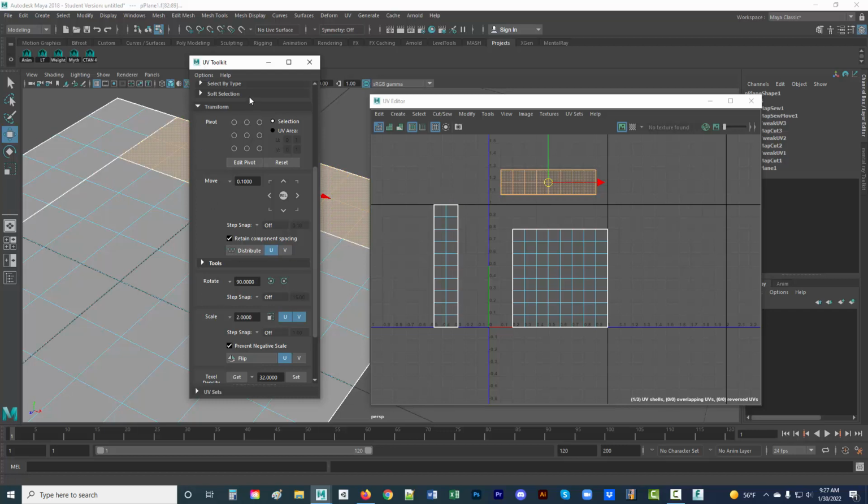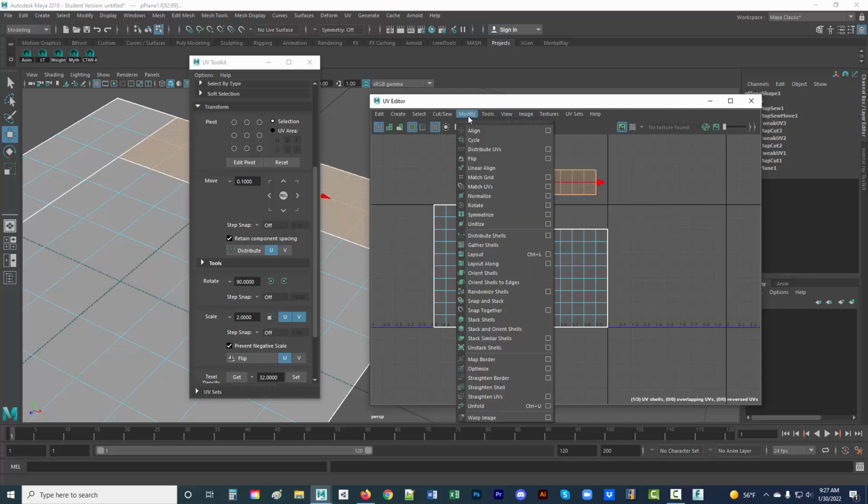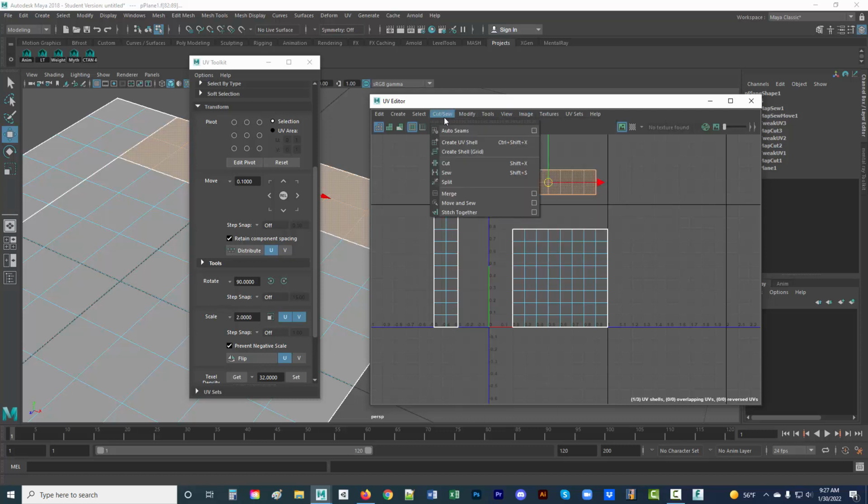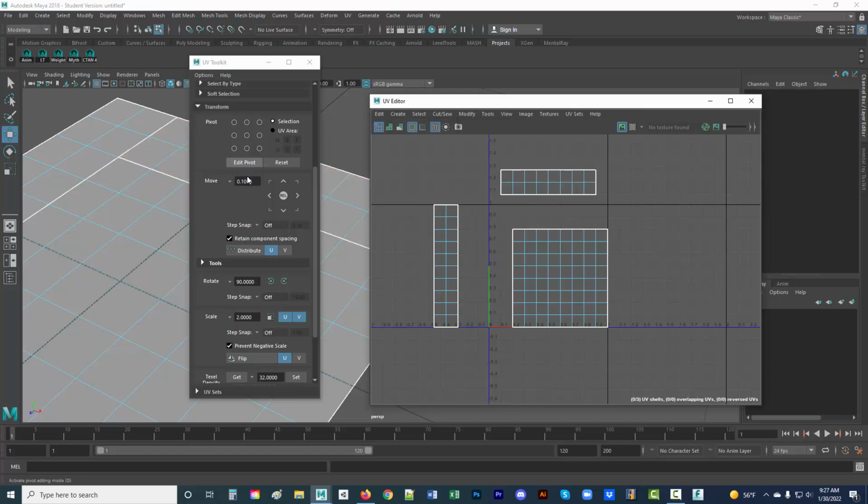All of these commands actually correspond to commands you can find up here, but frankly there are very long lists of drop-down menus, and just trying to find what you want can be sort of tedious. That's why I like to use the UV toolkit here. So with this grabbed, I can rotate it 90 degrees, or I can change this to 45 and rotate it